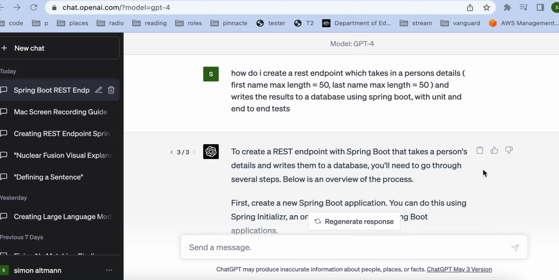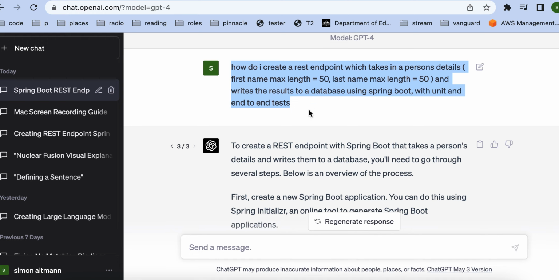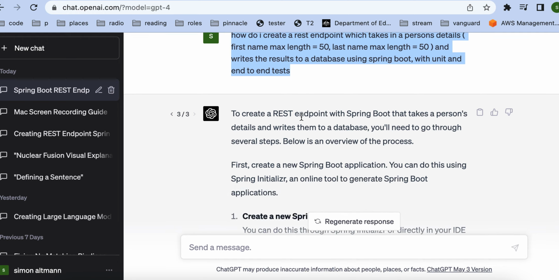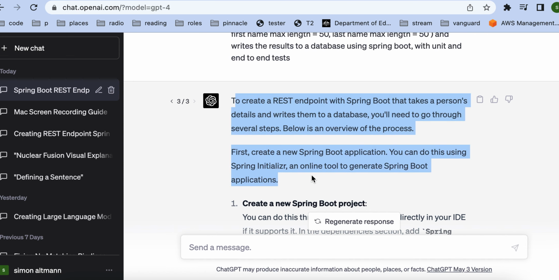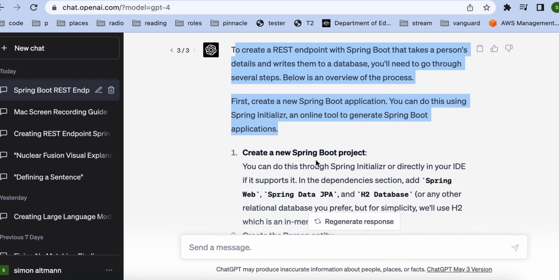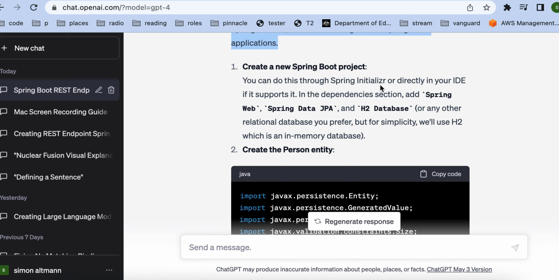GPT demo, ChatGPT 4. I'm passing in a question. The question reads: how do I create a REST endpoint which takes in a person's details, first name max length equals 50, last name max length equals 50, and write the results to a database using Spring Boot with unit and end-to-end tests. And you can see that ChatGPT 4 kicks off to create a REST endpoint, gives you instructions as